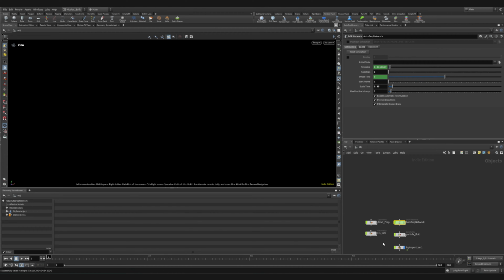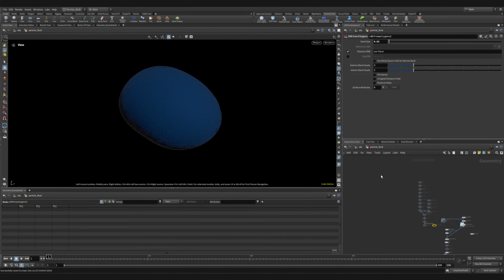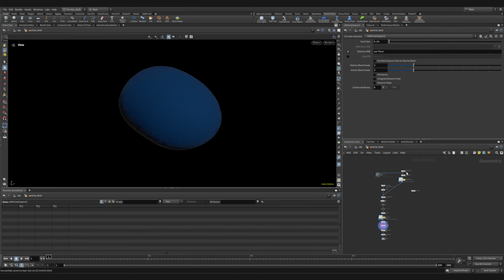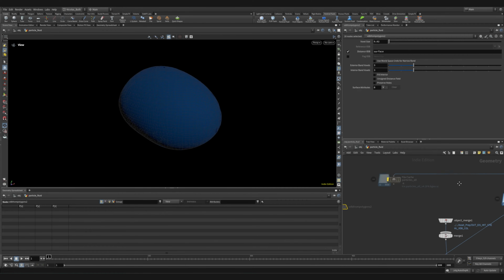All right, we're almost done. So next we have the particle fluid node, which is the one where the surface gets created. This also gets created by the preset up here. So what I did was, for the nut pieces or the crocant pieces, I use the particles directly, because the compression deletes the particles inside of the fluid, so it just keeps the surface particles, which also makes the